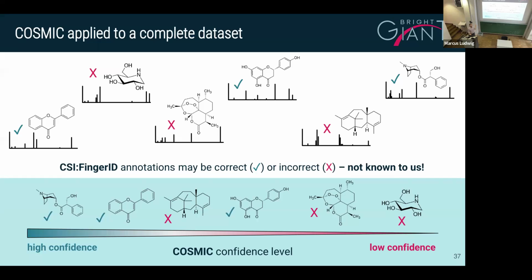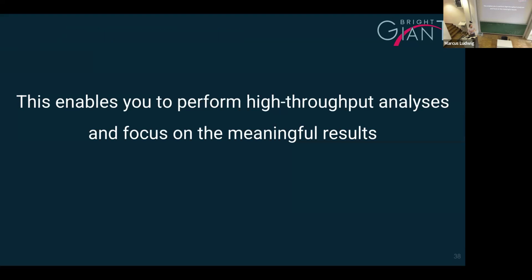So in the end, you just want to have a confidence with which you can sort just from high confident annotations to low confident annotations. It's basically the idea of what in proteomics everyone is doing with Q values and FDRs, just that in metabolomics, calculating FDRs is so complicated that we currently can't do it. Yeah, and that's really the thing of the confidence score. It enables you to perform high throughput experiments and find interesting things in your data set,